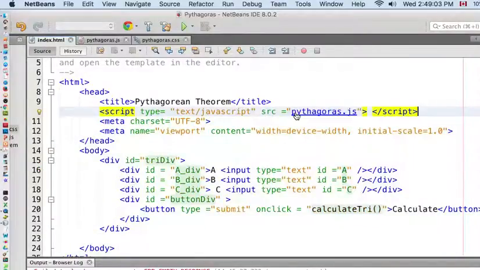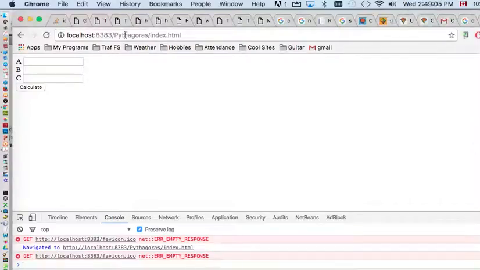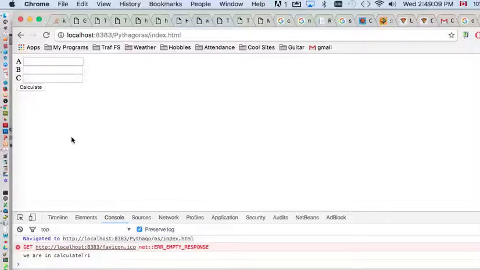Okay, so let's save that. Hopefully that'll work. There we are, we're back, and it's showing me the A, B, and C. If I click calculate, it says we are in calculateTri. Okay, so that JavaScript function, although it has nothing inside